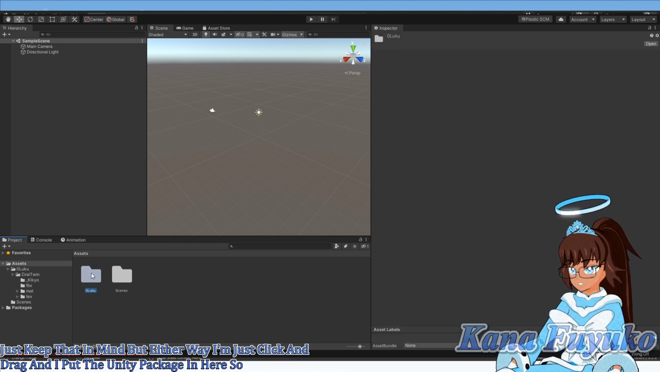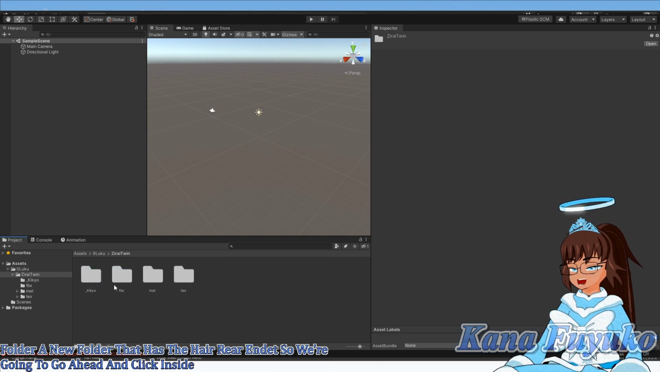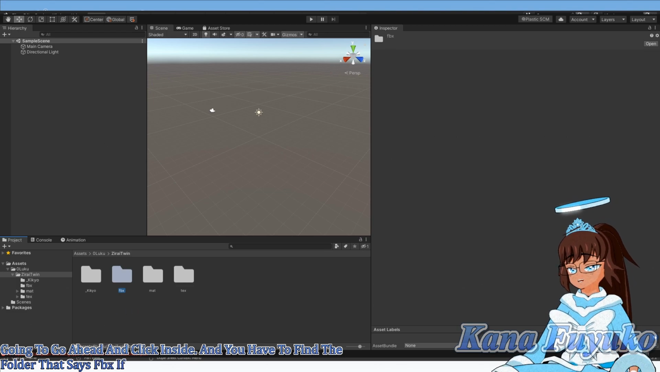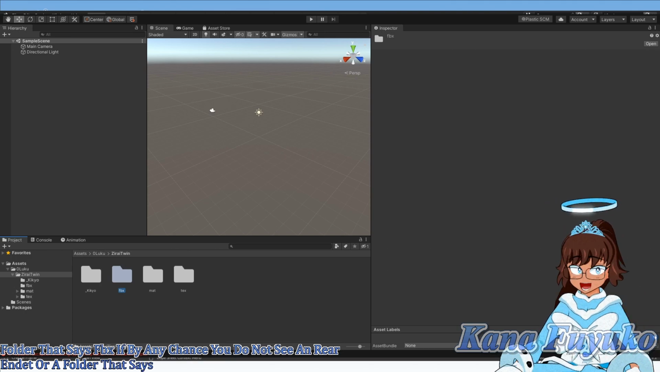So there is a new folder that has the hair asset. So we're going to go ahead and click inside. And you have to find a folder that says FBX. If by any chance you do not see an asset or a folder that says FBX at all,